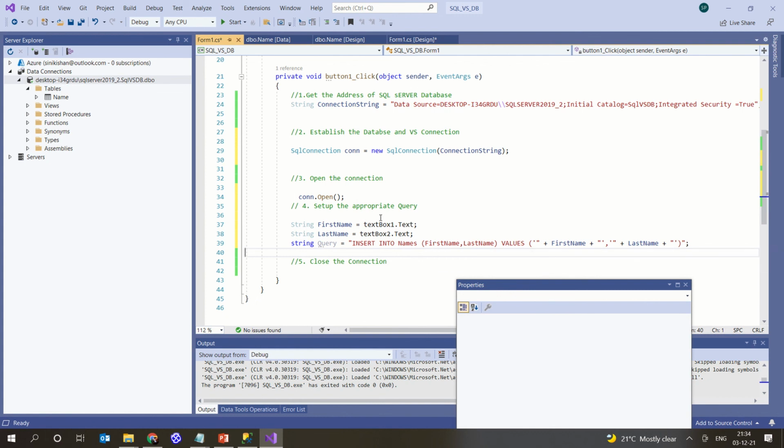Whatever values are entered by the users, TextBox1.Text and TextBox2.Text, have to be inserted as your first name and last name. So this value is TextBox1.Text, and this value is TextBox2.Text. We are using the appending operation in order to insert it, and that is your query.